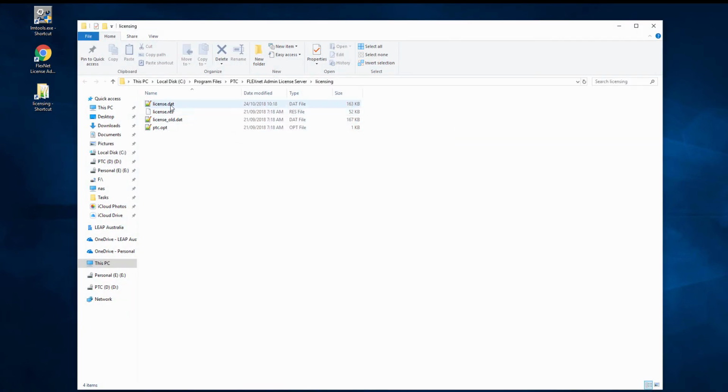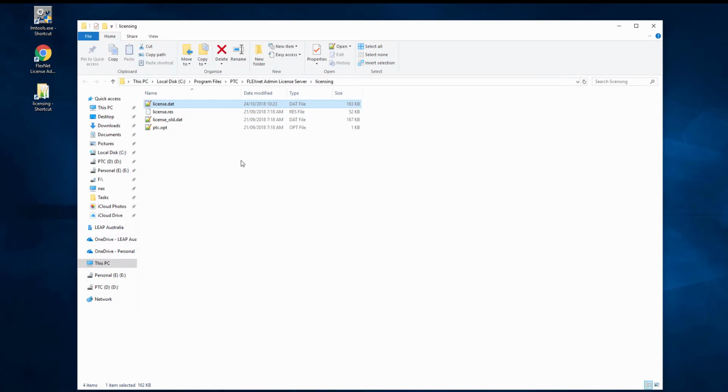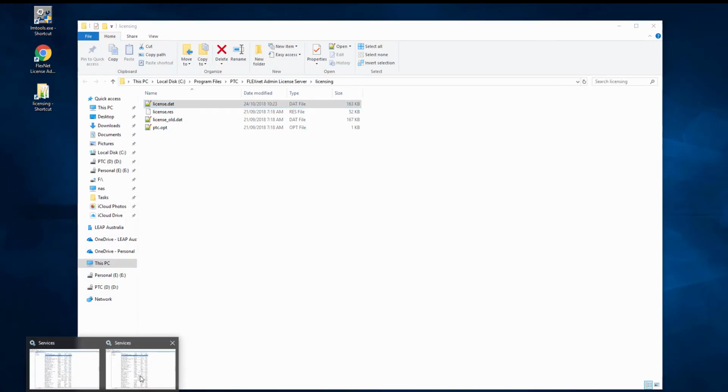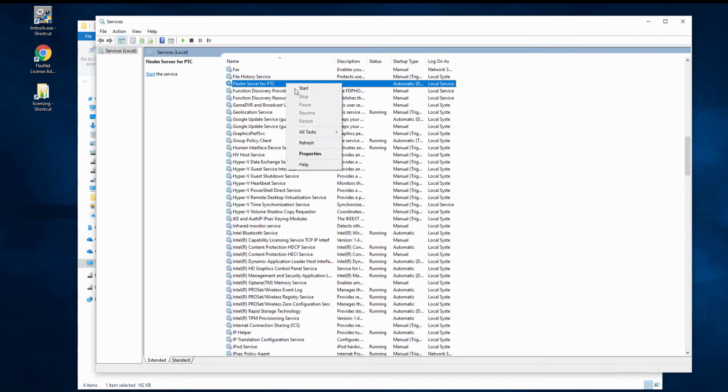We need to open up the license file, and we need to add that port to the end of the vendor daemon line. So you can see we've got 7788 here, 7789 here. Okay, we save that, and in the same way as we did before, we can go to this particular